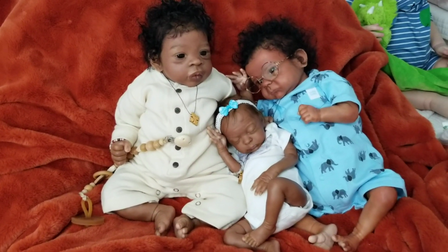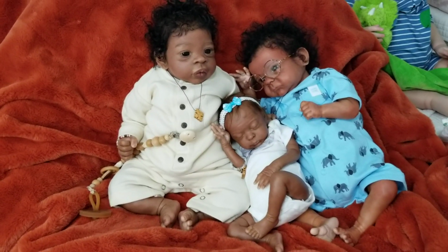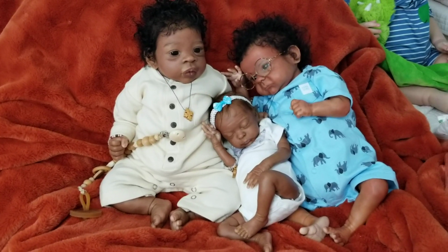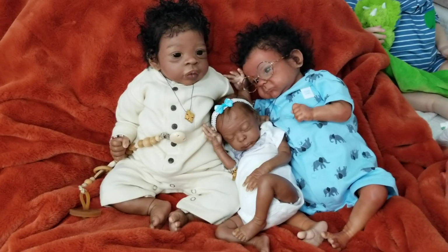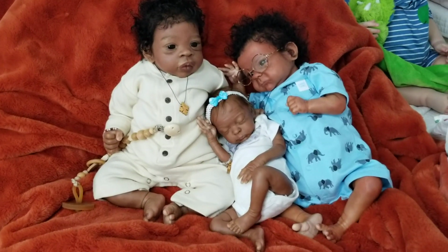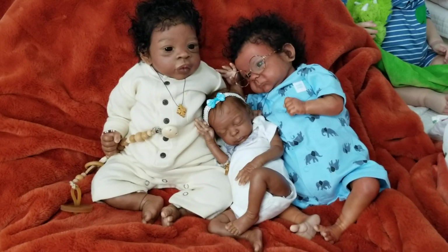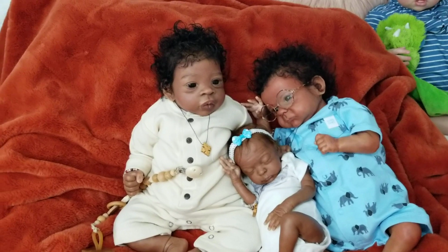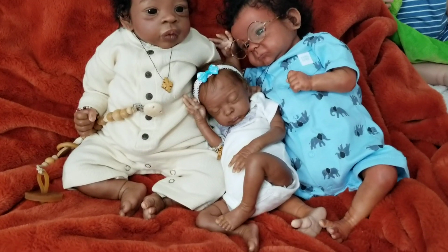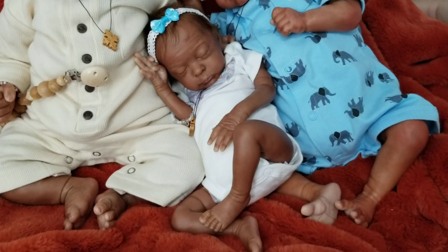as people buy and sell. I think they all kind of land up where they're supposed to be, and sometimes a baby will make a collector happy for a certain period of time, possibly get them through something they're going through, and then they move on to sell that baby and go to a different baby, and they still had that journey and that experience with that baby while it was on its way to its next mommy. So that's special too. It's all special, but it's certainly